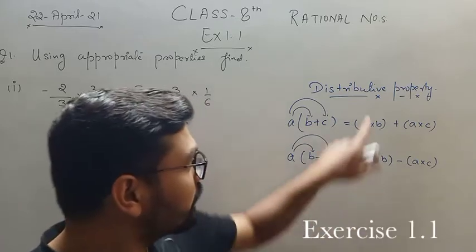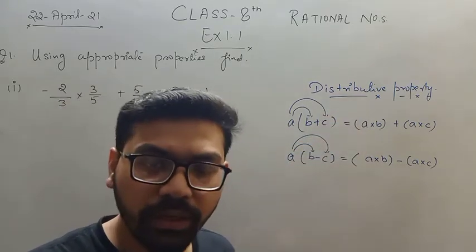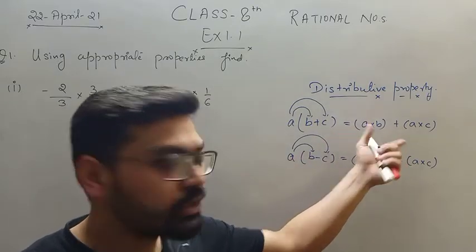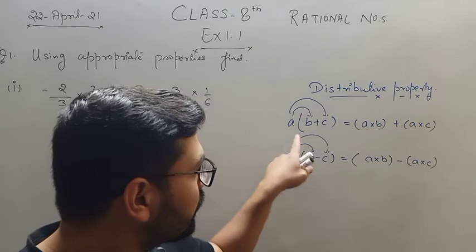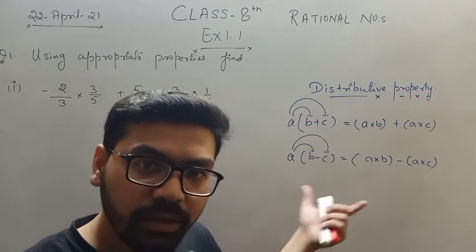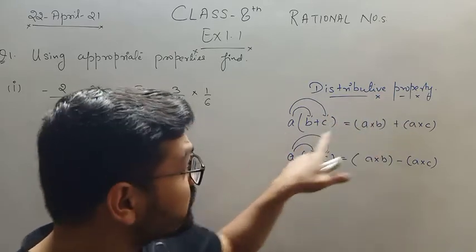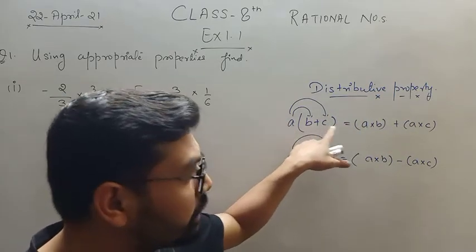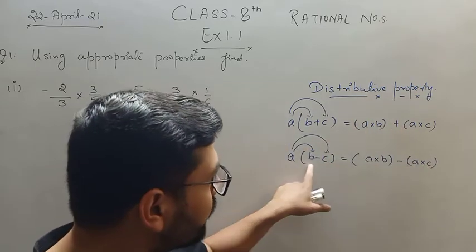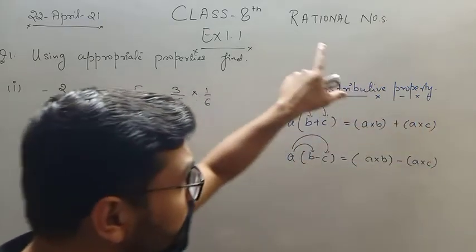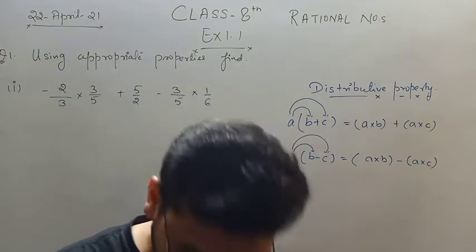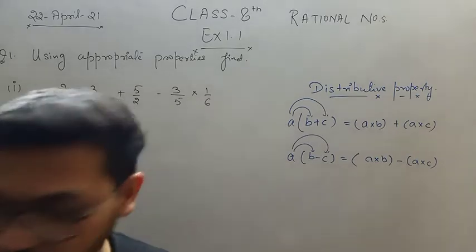to be very specific, ऐसा नहीं कि 6th class में आपने इसको पढ़ा नहीं है, but what you are learning now is the name of this operation. You learned multiplication of a monomial with a binomial, but the exact name given to this operation is distributive property. Basically the value of a is distributing between b and c. So a into b plus a into c. Similarly, a into b minus a into c. Now we are going to use these properties while solving this question given in exercise 1.1. Okay, so shall we start? Okay then.